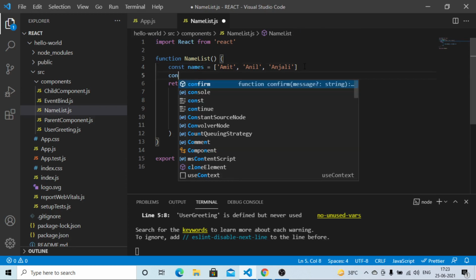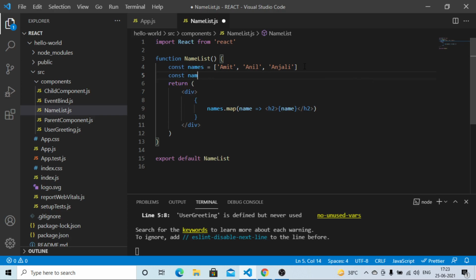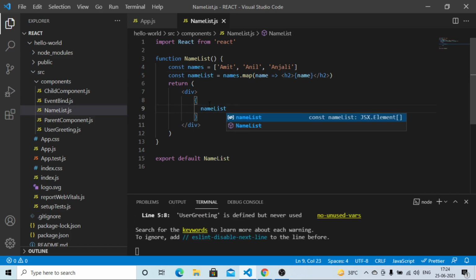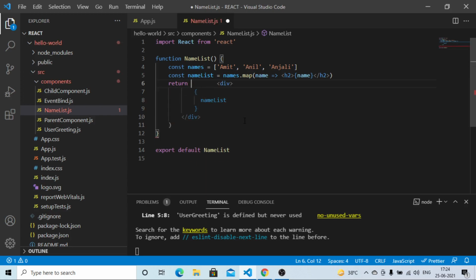We'll be creating a constant nameList, and we cut this piece of code from here and paste it here, and simply we can now render the list of names here. Save this file. If you want to make this return statement look simple, we can format this code like this.